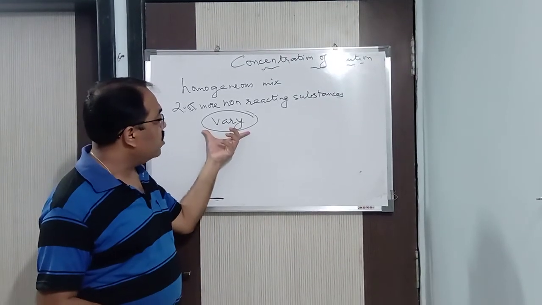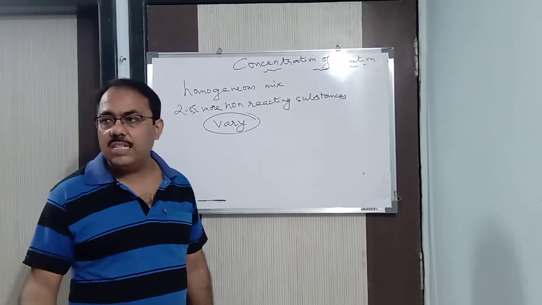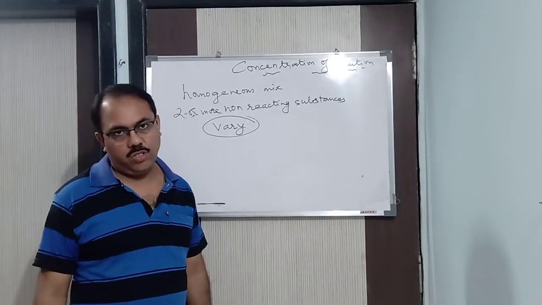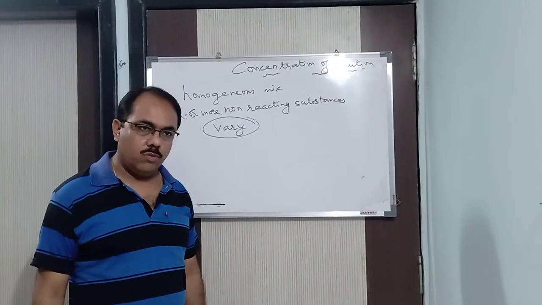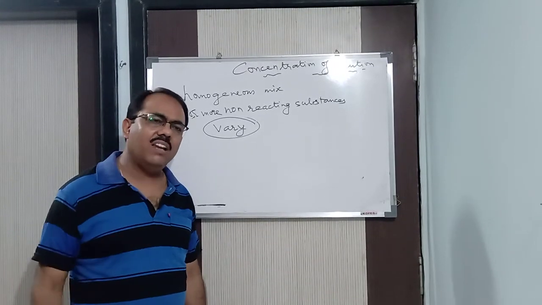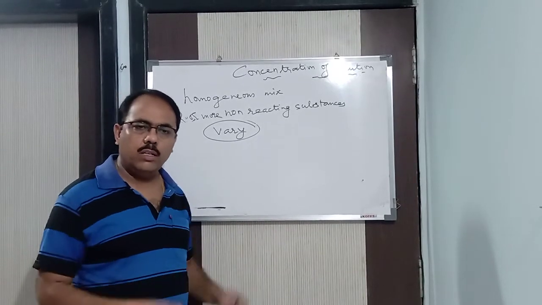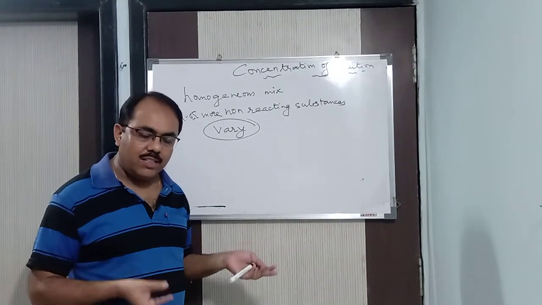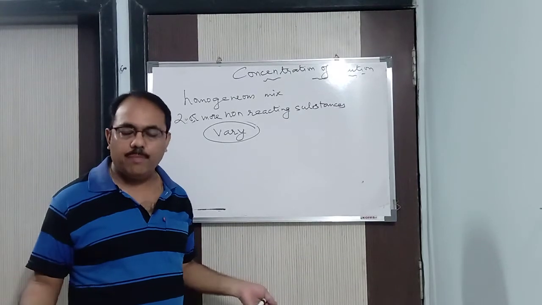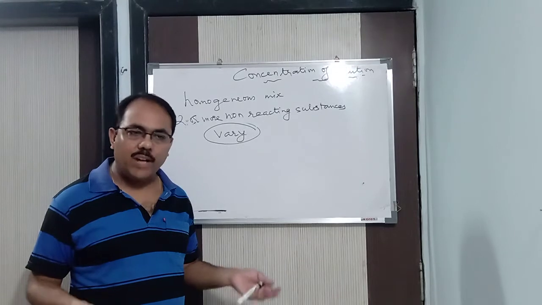And next is, its composition can be varied within a certain limit. You can change the composition within a limit. Within a limit means, suppose you have taken a glass of water, you will be adding sugar to it. Can you add infinite sugar to it? Can you add one sack of sugar to it? No, not at all. You can add maybe 3 or 4 or 5, maximum 5 teaspoonfuls of sugar into it. Because once the solution gets saturated, can you add more sugar to it?